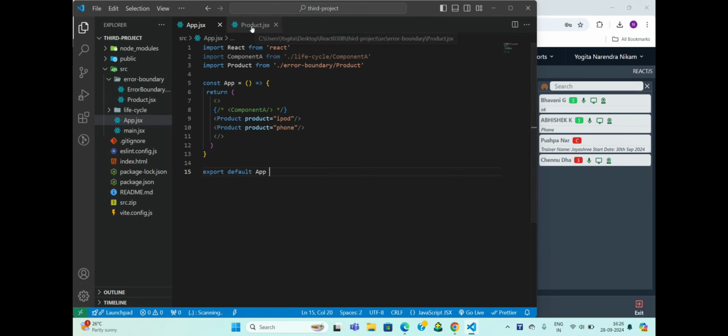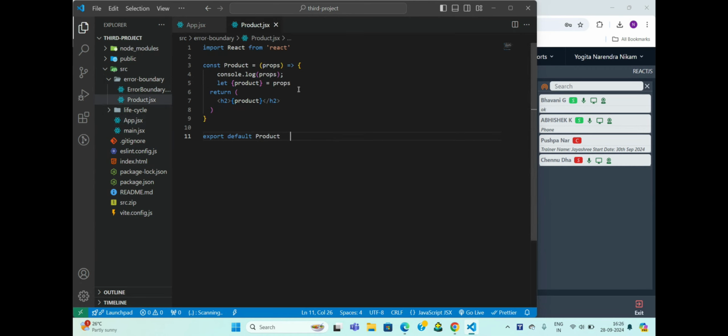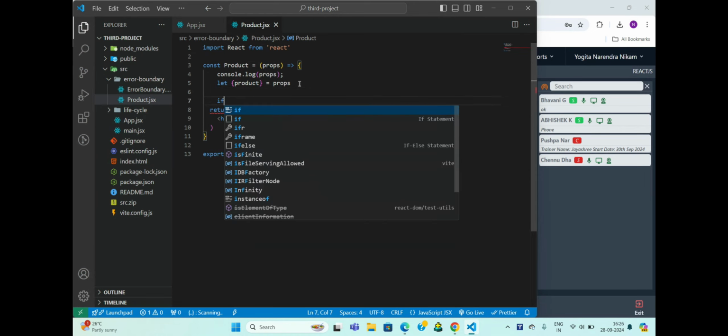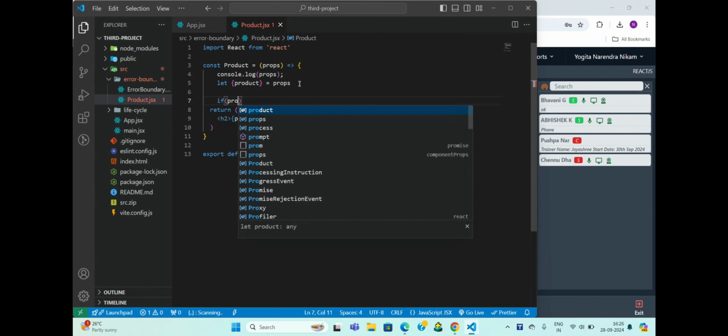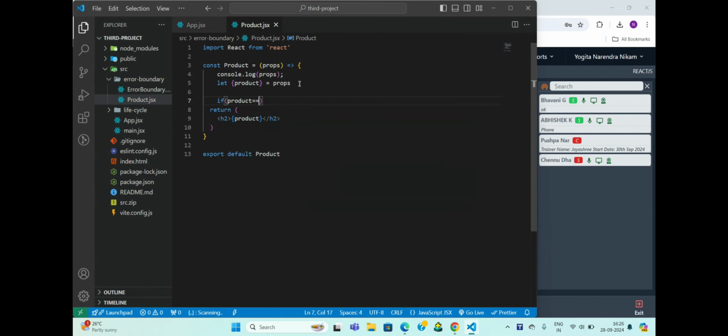Let us go to this component again, and now let us give a condition that if the product's value is equal to phone. Have I sent a value of prop as phone? Yes, I have sent, correct.